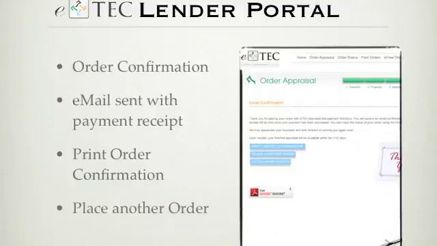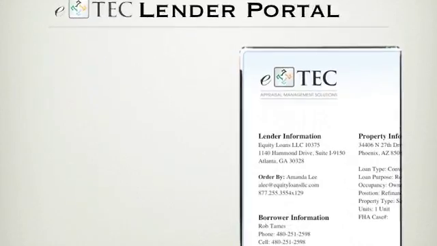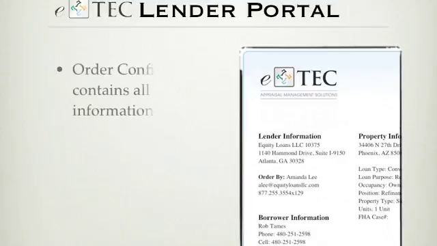But definitely want to keep an eye on those blue buttons, because this is where you're going to have an option to print the confirmation, place another order, or actually go to the order status of this particular order, or for that matter, you can go and sort and search any other order through the system. All right? The order confirmation is going to have really all relevant information on the